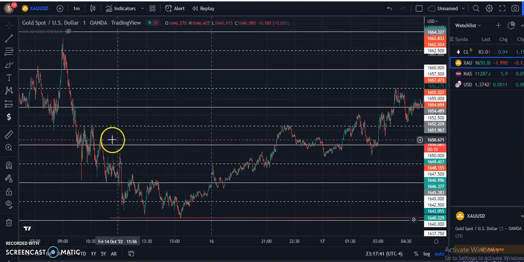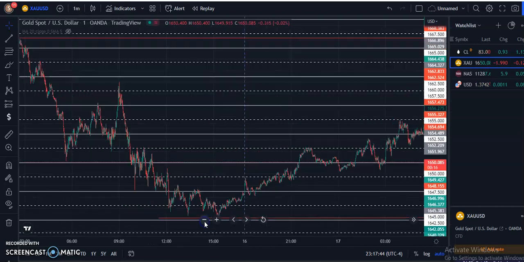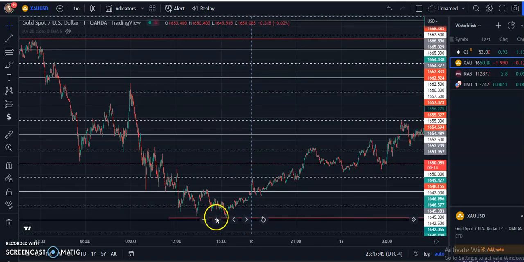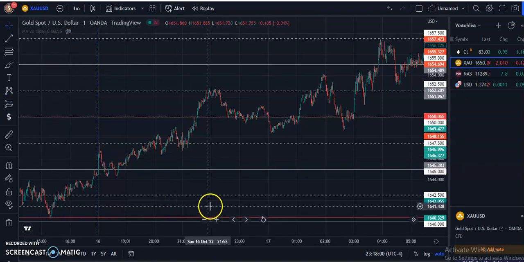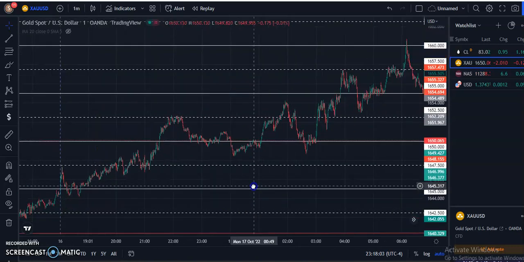So my bias coming to the screen on Monday was that since this is a creeping trend, I am going to find a trade that is in line with the trend. And so I waited for